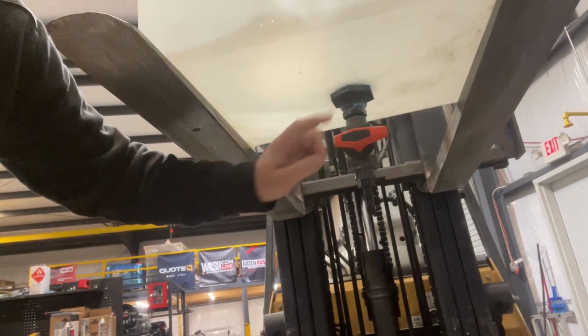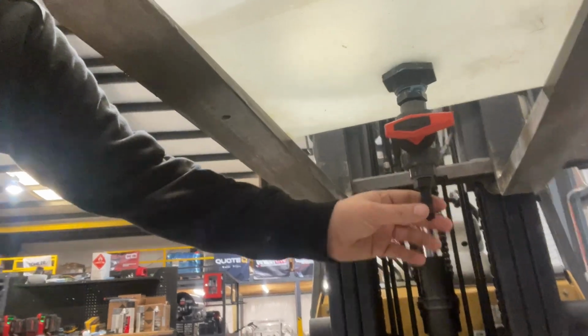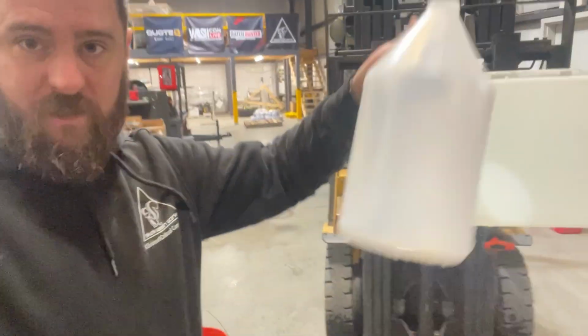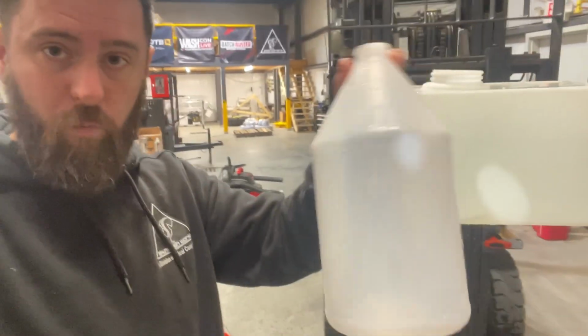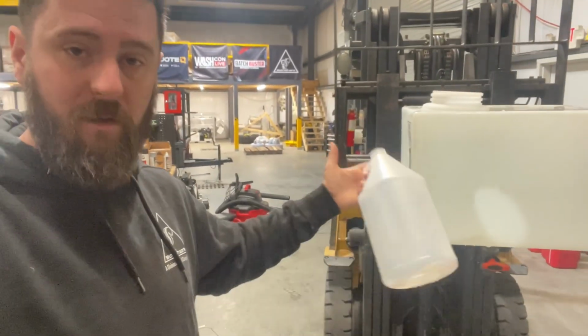We're going to use the same fitting over and over, and we're going to do the GF first. 1/2-inch valve with a 1/2-inch nipple, and I'm going to lower the forklift down and use this 1-gallon jug. So we've got an empty jug here, and we're going to time it and see how quickly a GF can flow and fill up 1 gallon, and that'll get us a number. We'll do that one, then we're going to go to the Chem line, then we're going to go to the